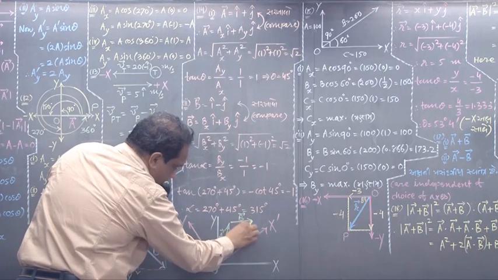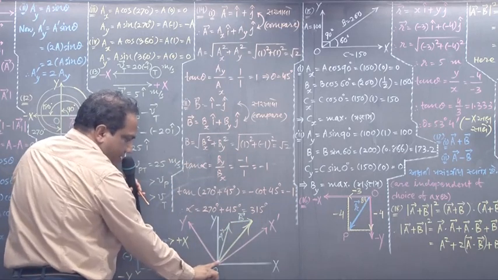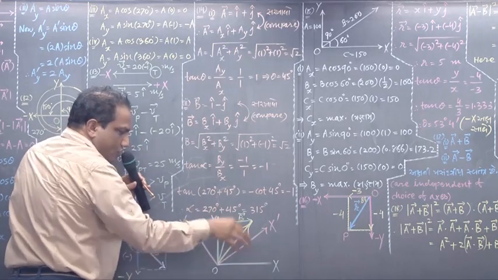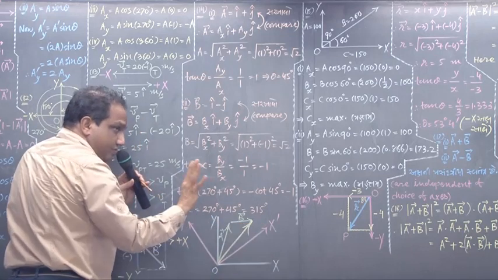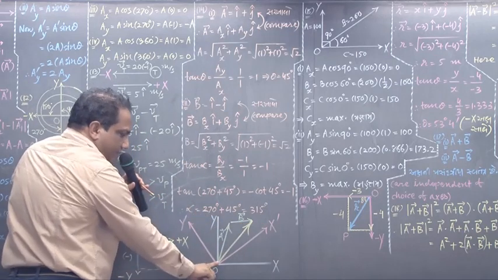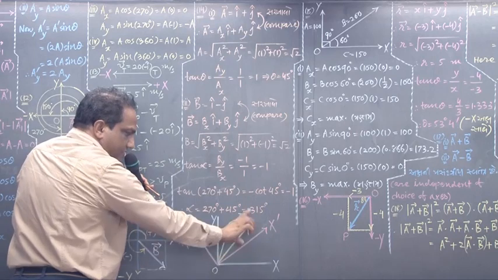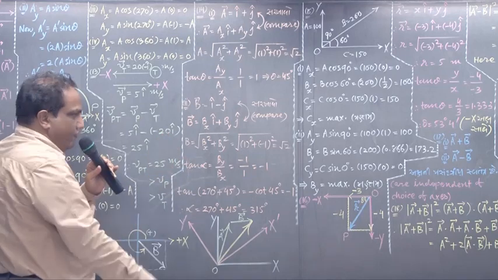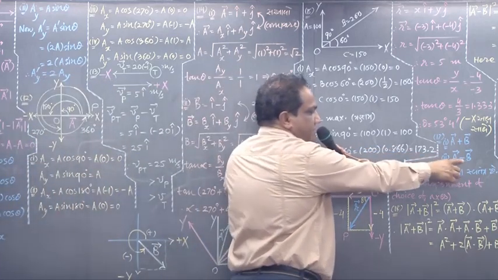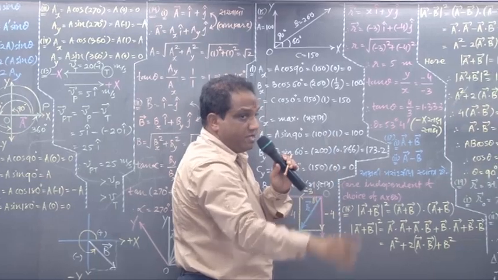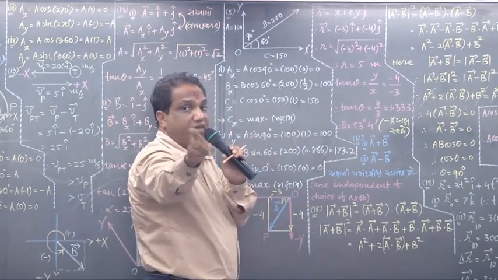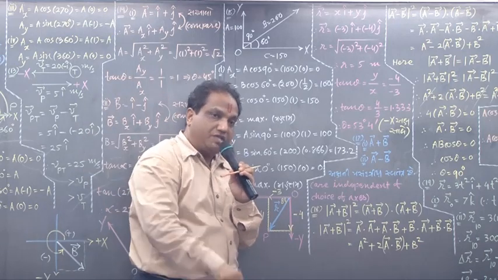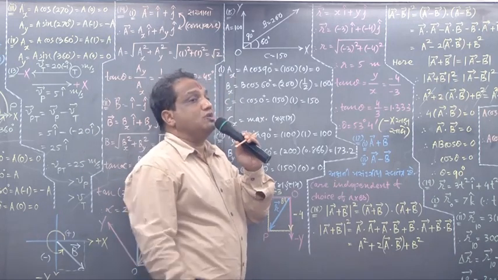Correct? Fine. So this is now vector A plus vector B. Whether you take this OXY coordinate system or you take O dash X dash Y dash coordinate system, no problem. This vector A plus vector B will be this only. Correct? So though you are changing coordinate axis, vector A plus vector B or vector A minus vector B remain as it is. Means they do not depend on choice of axis. But the addition or subtraction of their components depends on choice of axis.